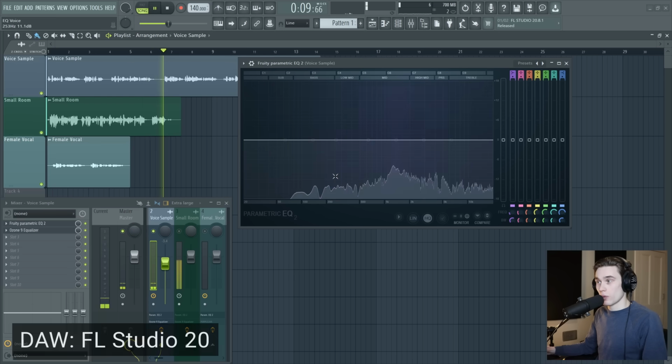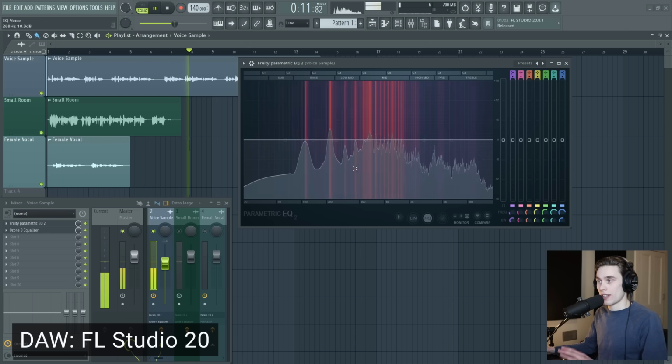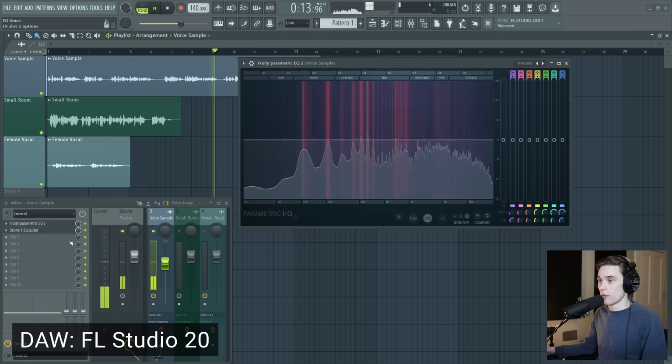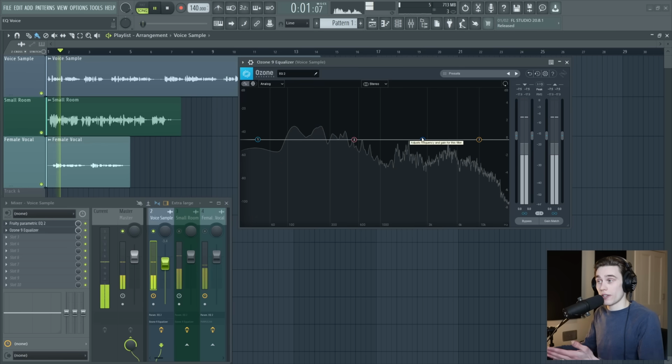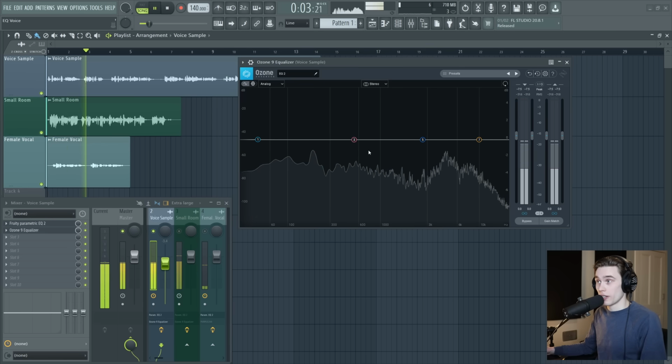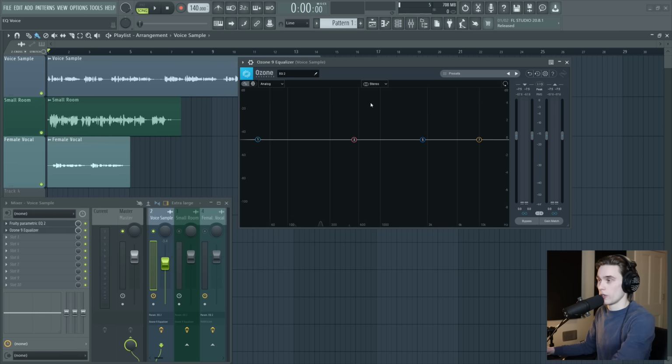I'm using FL Studio 20, but you can use any audio editor and any EQ. This is Fruity Parametric EQ. This is the Ozone 9 EQ. They look a little bit different, but they all essentially do the same thing. To start off with this tutorial, I'm going to be using this Ozone EQ because it has a really nice visual representation. And let's just listen to the first sample, which is my voice, and I want to make it sound a